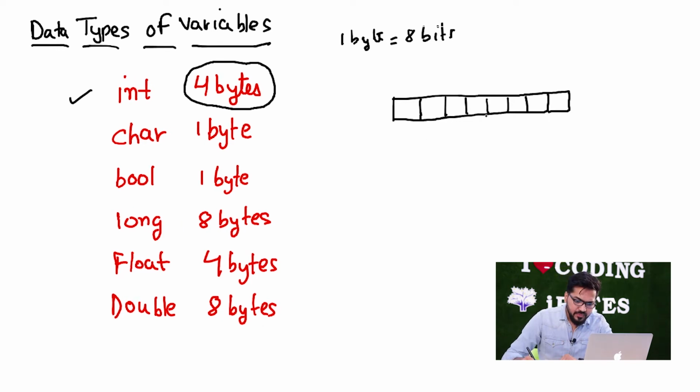Now in this 8 bits, every bit is either going to be 1 or it is going to be 0. Okay, so every bit is going to be 0 or 1. As we already know, computer knows only the language of zeros and ones, so everything it will store in the form of zeros and ones. So if I have an integer, let's say 455, even 455 is going to be stored in the form of zeros and ones, something like that.